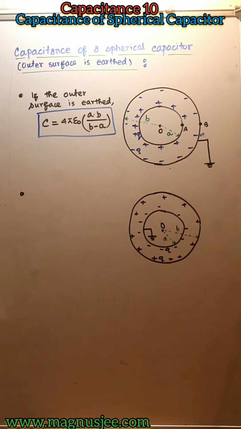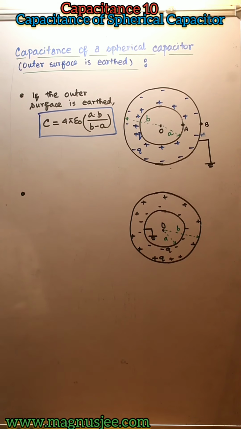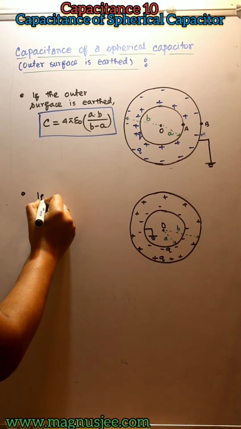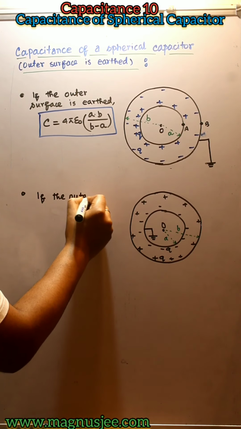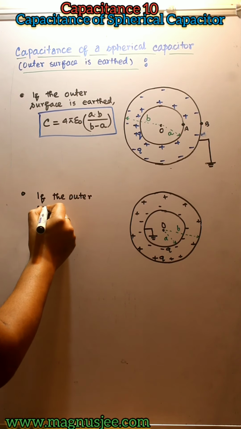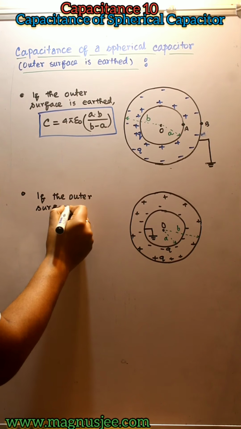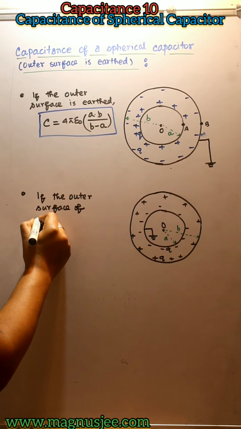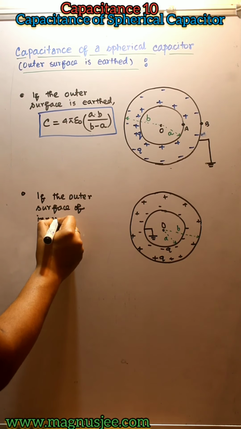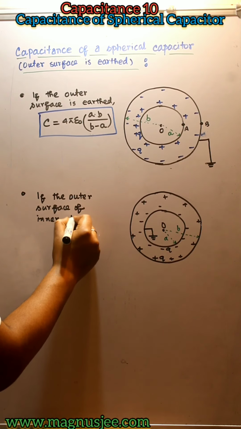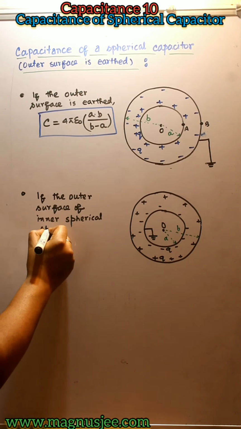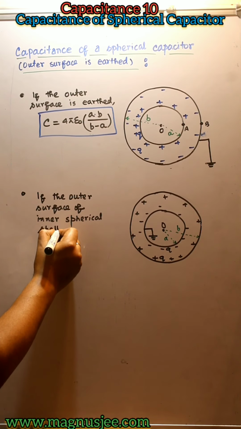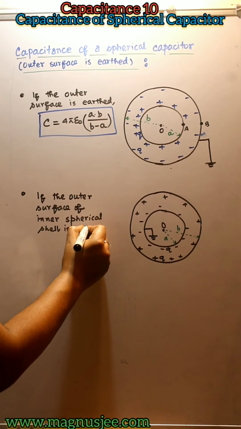In this case, the outer surface of the inner shell A is earthed,